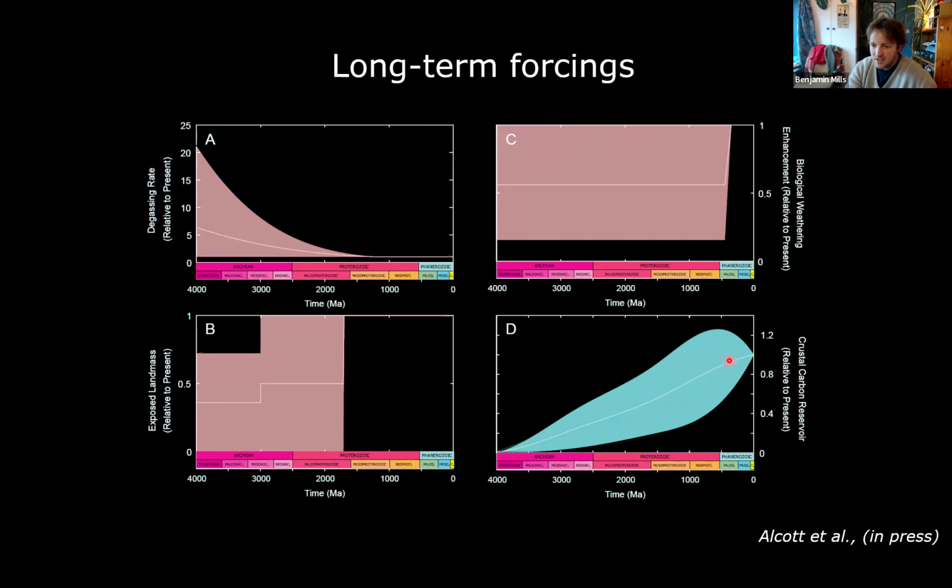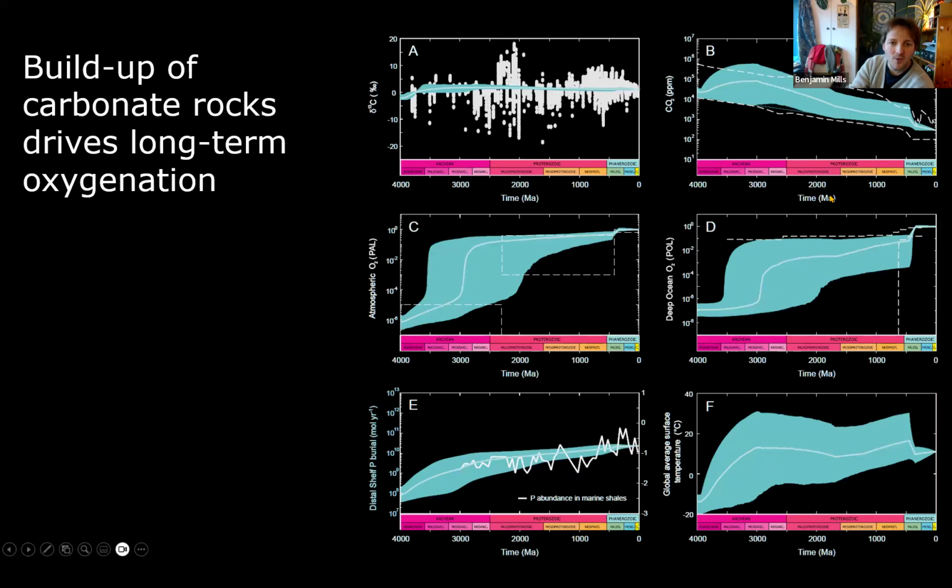Now, the next thing I'm going to explore is what happens in the model if we include this reservoir of crustal carbon. A lot of CO2 degassing at the present day comes from remobilizing carbon in the crust. Also, a lot of weathering fluxes like carbonate weathering come from crustal carbonates, and weathering of organic carbon as well. So a lot of the inputs of carbon into the surface system are one way or another carbon that was already buried in the continental crust.